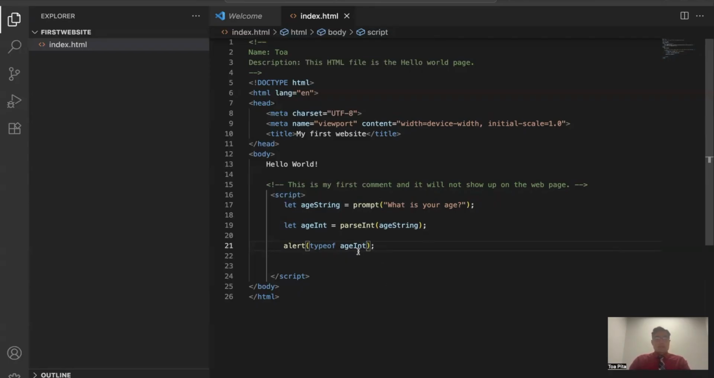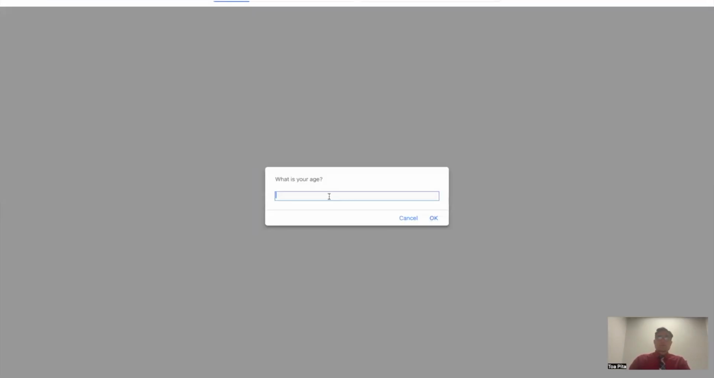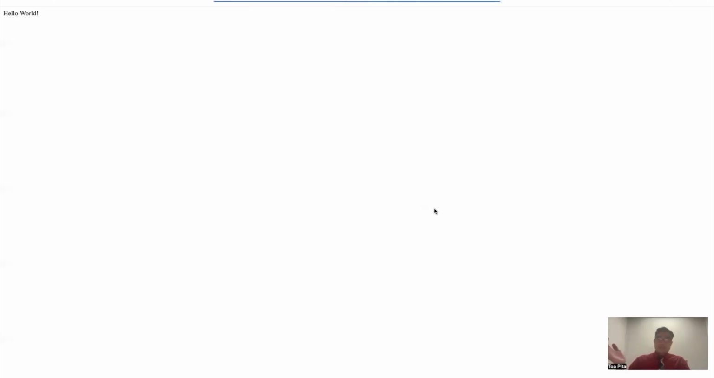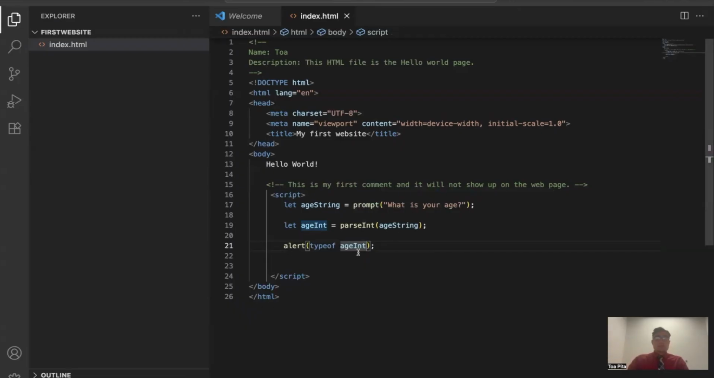So we're going to save that and come over to our code. It says, what is your age? We'll say 99. We'll hit OK, and it says that is a number. So fantastic. We've now converted from a string to a number, which means any of the methods that we use to change how a number is being stored in our system, we'll be able to use now with this variable